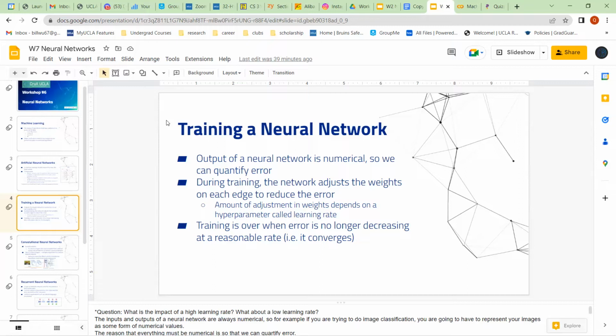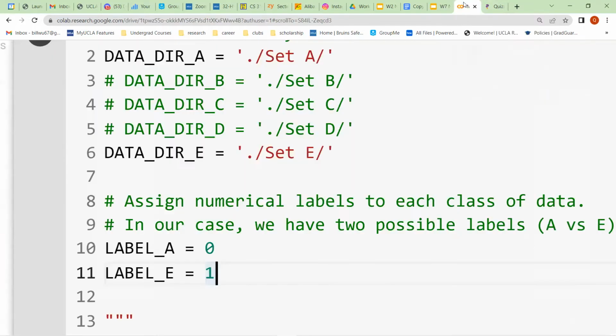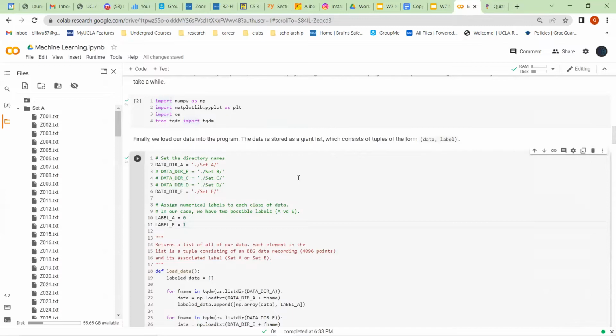But it doesn't directly give you the decision of whether we are looking at set A, set E, a cat or a dog. Definitely we can make use of that probability to compute something more useful. We can, for instance, say that when the probability is greater than 99, then that's definitely set A, or set E. That's how the neural network works. And then afterward, Aryak is going to talk about how we actually process the data.